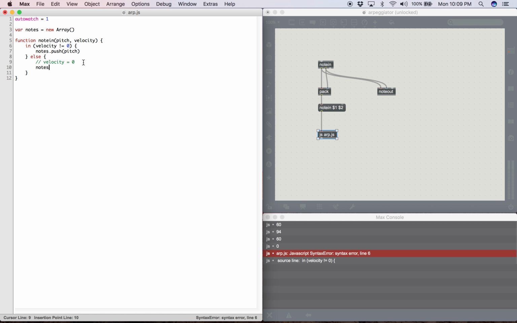So we're going to say notes splice. Okay, and we're going to splice one entry, and we need to give an index. So we're going to get notes index of whatever pitch we're getting, right? And we're going to remove one entry at that index. Okay, so syntax line 6, oh, instead of in, it's if velocity is not equal to 0. Okay,